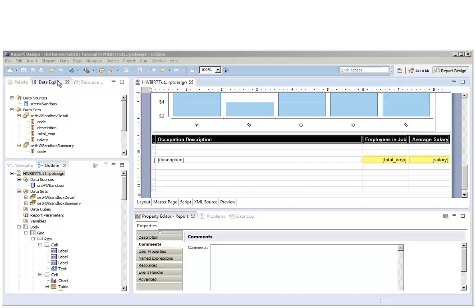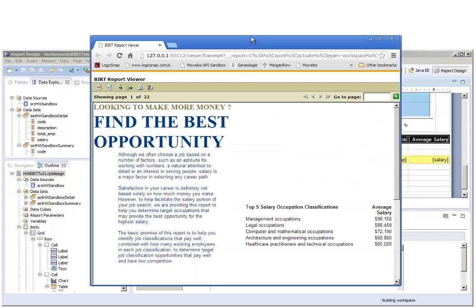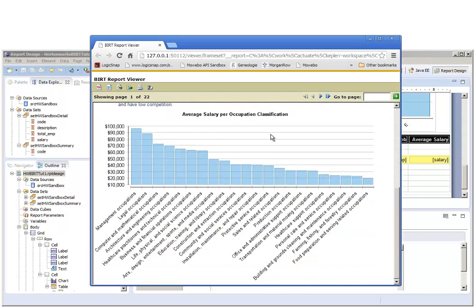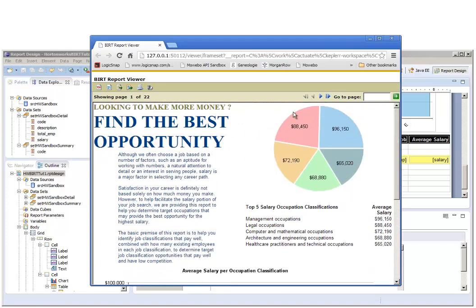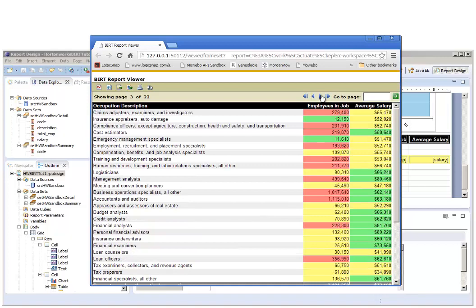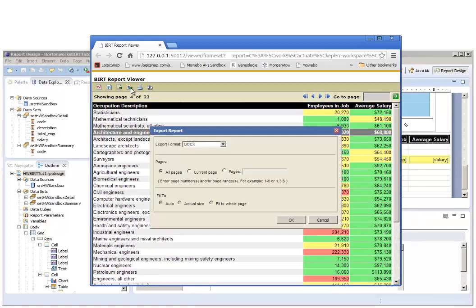The final step in this tutorial is to actually view the report. We'll click the View in Browser icon, which pulls up the browser with the report in it, and you can see the first page, and you can see that we have pagination built into this report. There are a bunch of different exporting formats, such as PDF,